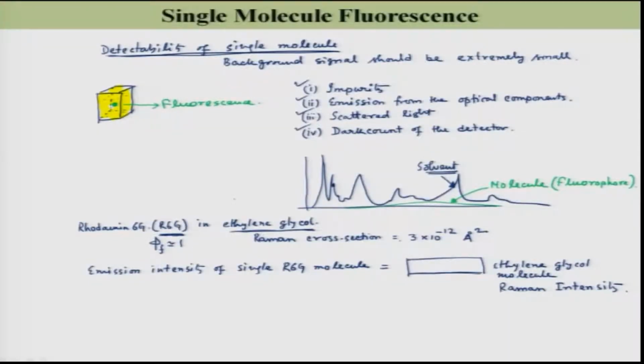It means that if I know the absorption cross section or molecular cross section of this rhodamine 6G, then I will get an idea of how many such incoming photons are actually going to create my Raman intensity, right. So, if the rhodamine 6G molecular cross section